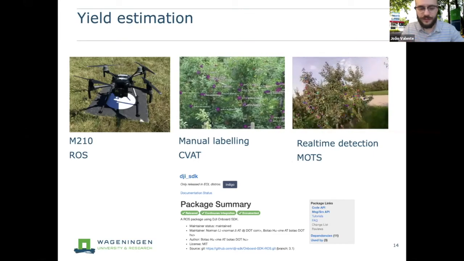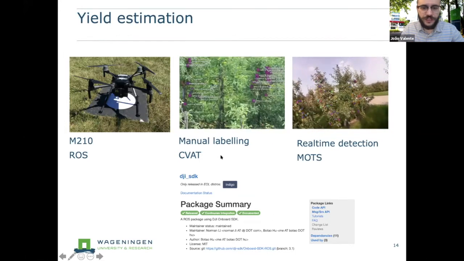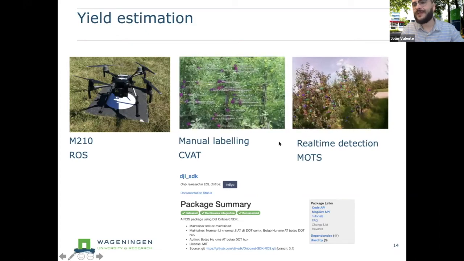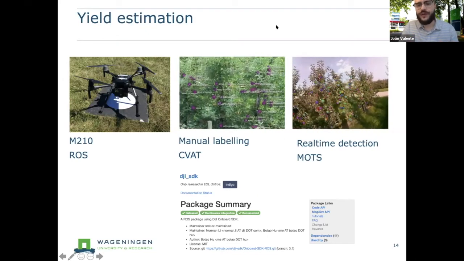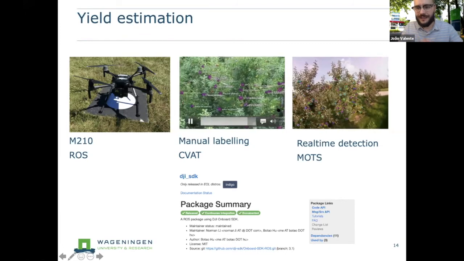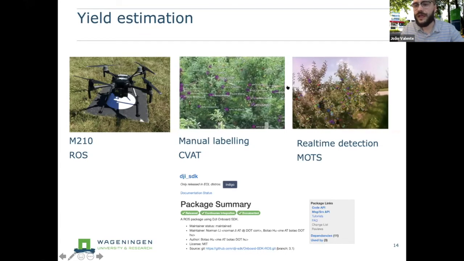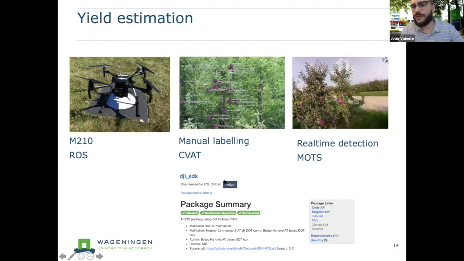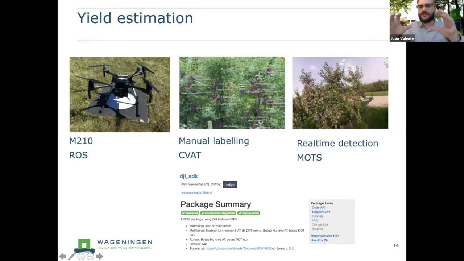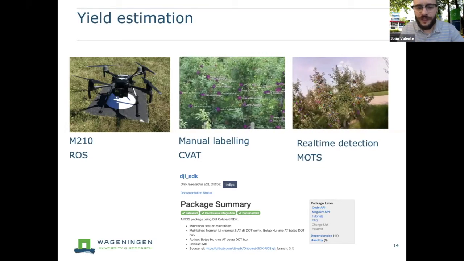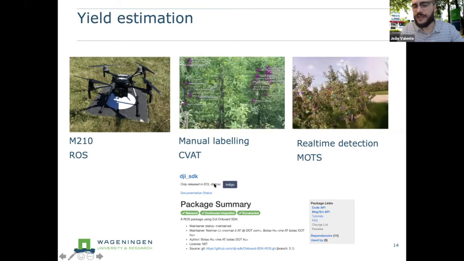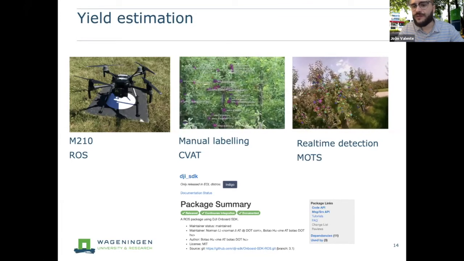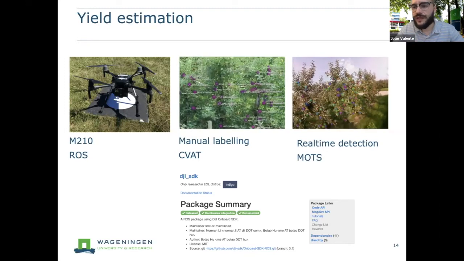That is quite a recent approach. Right now, of course, we don't yet have this onboard the platform. That is the step that we are going to take now, but we have all this methodology already set up. Once we have this more accurate, it is going to be programmed in this platform. So we are going to take this model, put it on the platform, and by using this DJI SDK that has support in ROS, we are going to try to have this in real time.